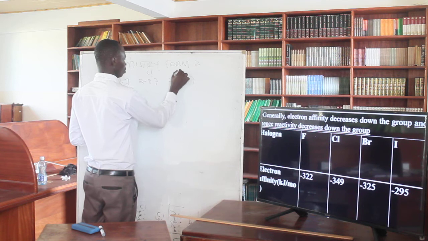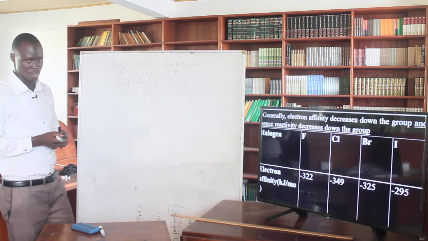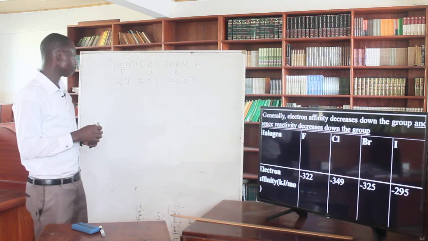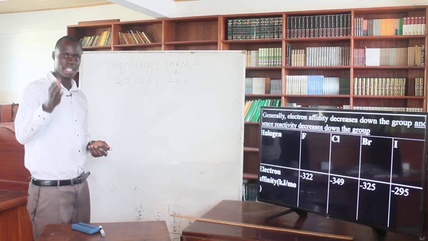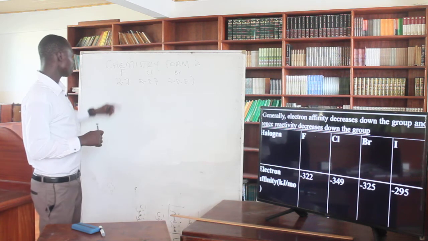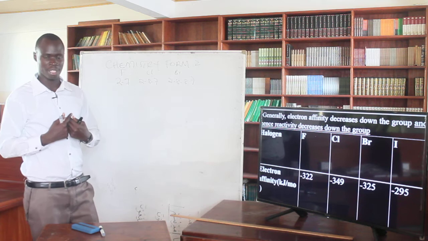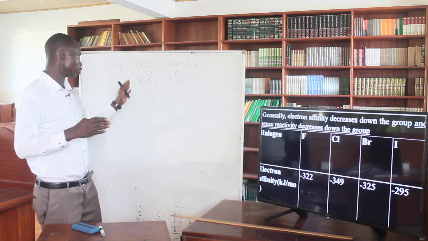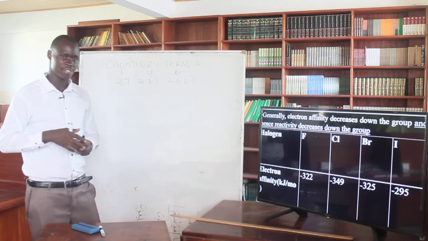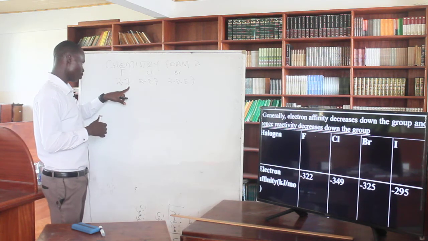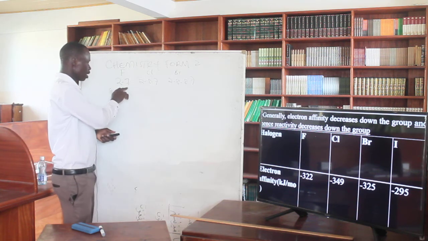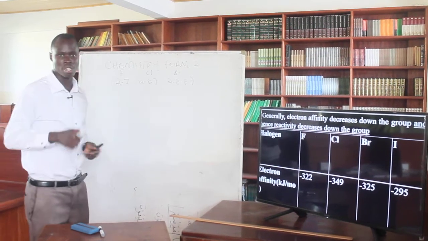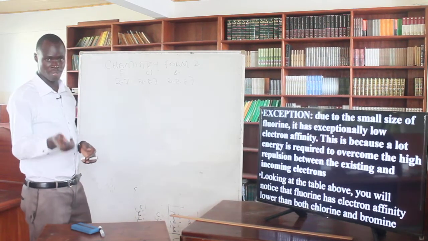So since it has a small atomic radius, the incoming electron, which is supposed to be gained, is going to contribute to the repulsion between the incoming electron and the already existing electrons of fluorine here. So since there's a repulsion, most of the energy is going to be used to reduce this repulsion,